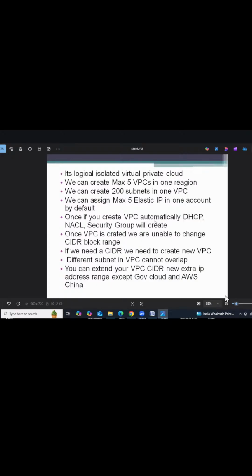So coming to NACL, NACL means network ACLs. Security group is also a firewall. We have multiple firewalls because of security. First they check at the main gate, then they check at our classroom. In front of our classroom we have one guy, and that guy is the security group. The main gate is the NACL, and automatically a DHCP server is also created.